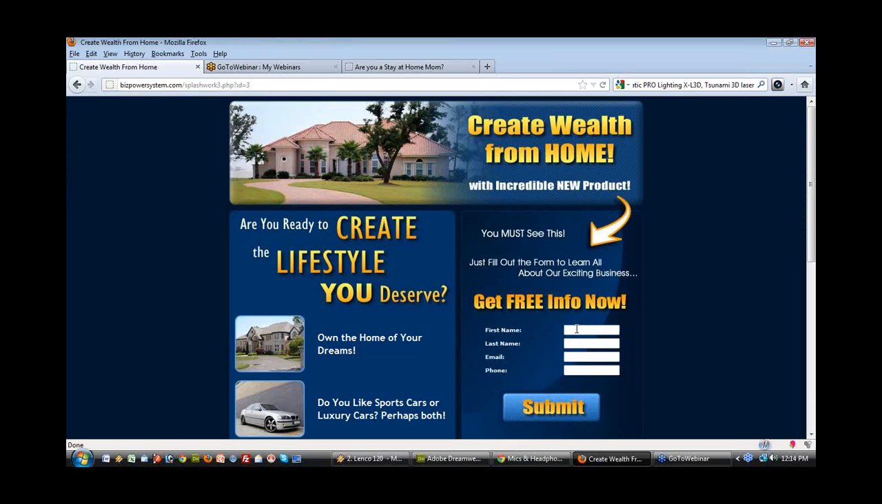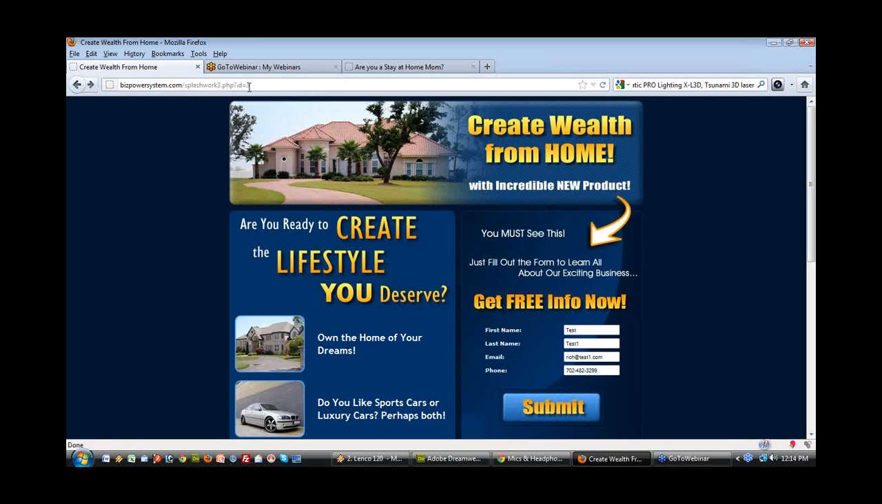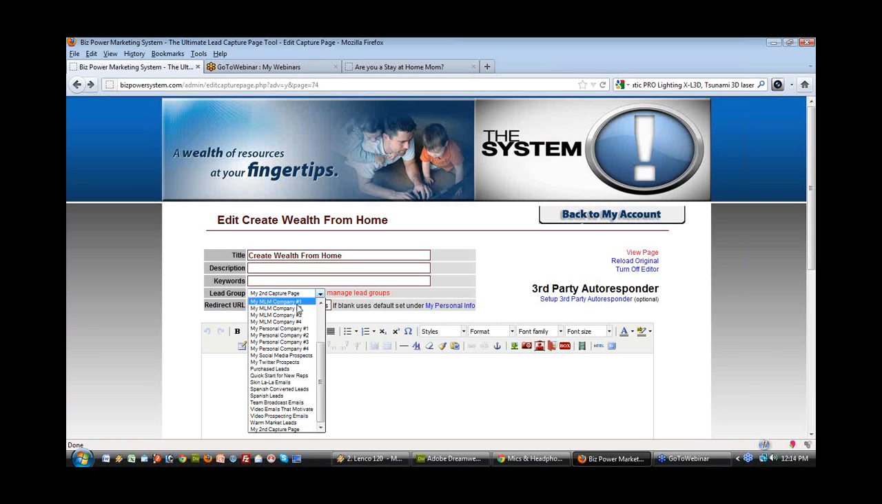And this is the page, so I'm going to put test 1, Rich at test1.com, phone number, submit. Oh, I don't have any autoresponders for this, so it won't allow me to redirect this if there's no autoresponder set. So what you want to do is make sure that you actually have some that are